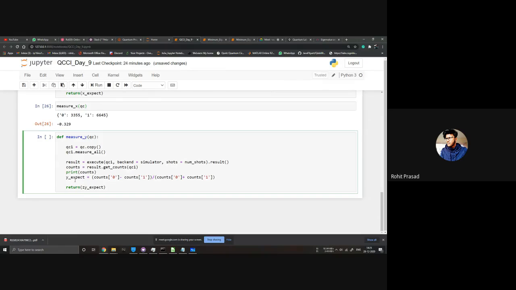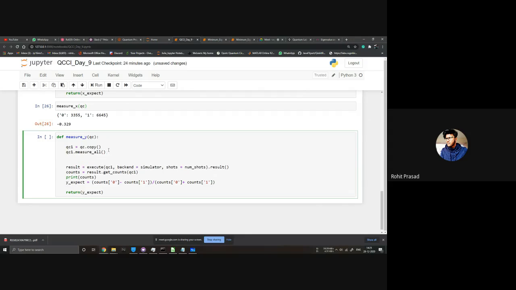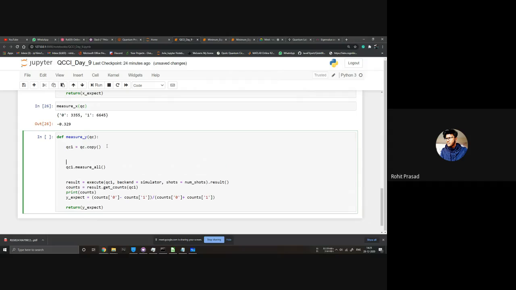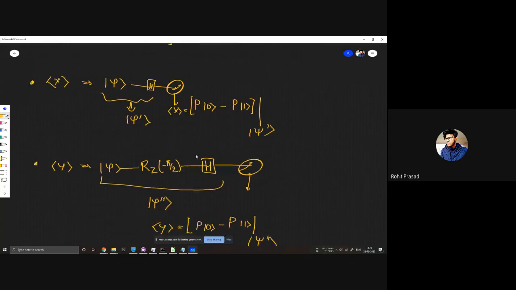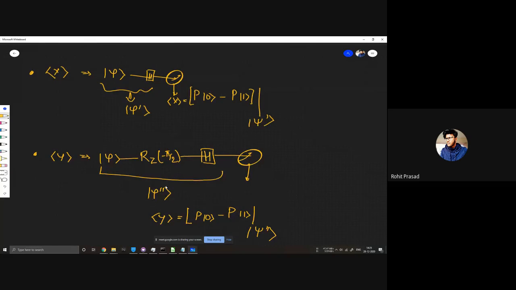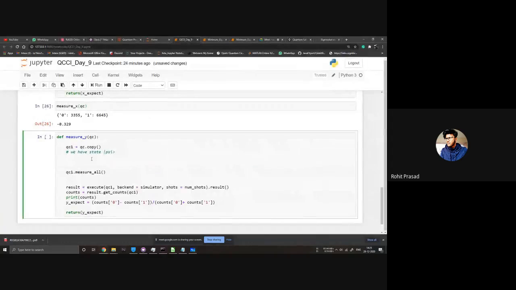But here also we have... wait, no. We have, and what we need to do is convert that psi into psi double dash. That's by applying an RZ gate with angle minus pi by 2 and then applying an H gate. So it should be qc1.rz gate, right?